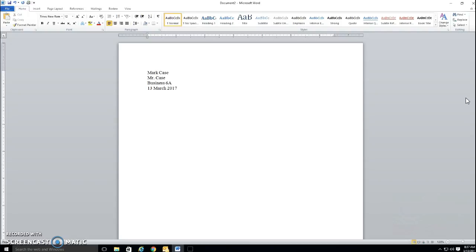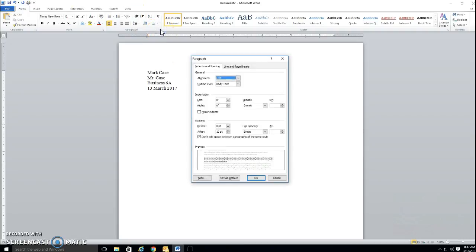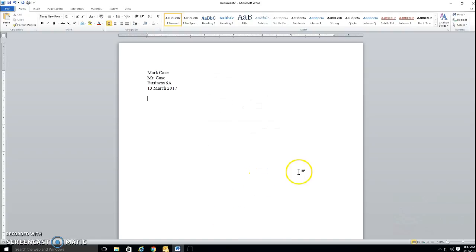But for today, what I really need you to know is make sure you come in and you check on the paragraph dialog box and you tell it don't add space, and you set the spacing, whether you want single or double. This is where you'll tell it, single space, double space, then click OK. Now,